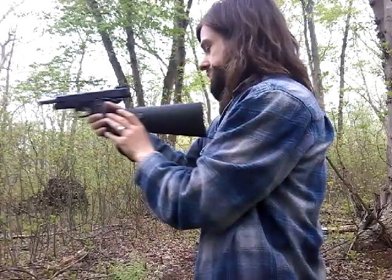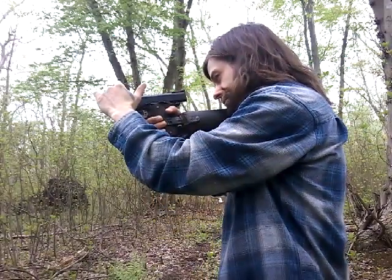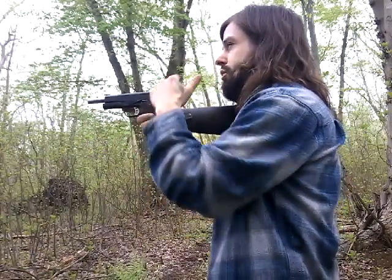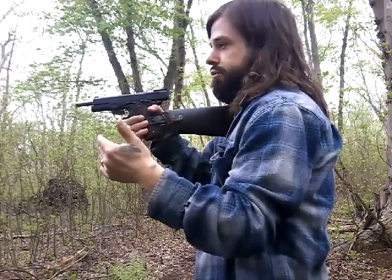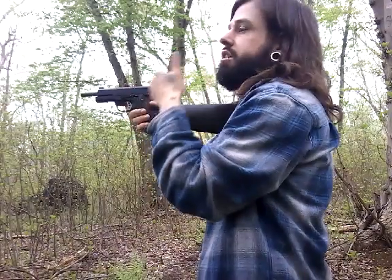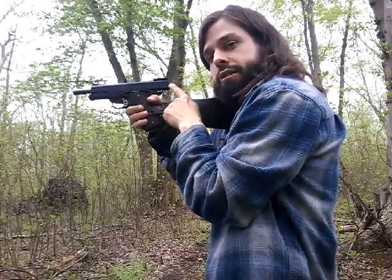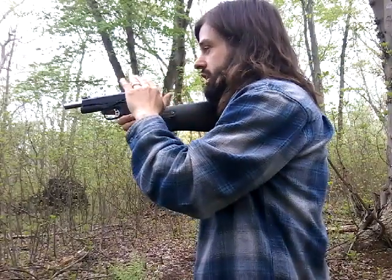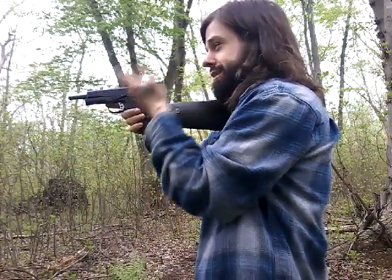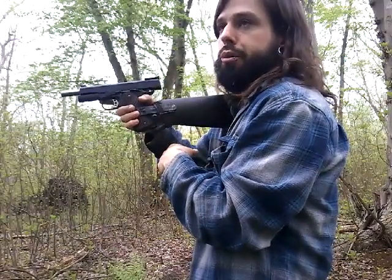So when you have the stock, it brings the pistol much closer to you, which gives you a better sight picture. Of course the style of sights is different, but it gives a similar sight picture to that of an M4, AR-15, or any of those where the sight is much closer to your face. What else is much closer to your face is the slide. On camera it doesn't look like that, but in person it looks very close. But not even that so much, it's the propellant. It likes to blow right into your face. People say, well, no shit. Well, for those of you who don't know, okay, dude,